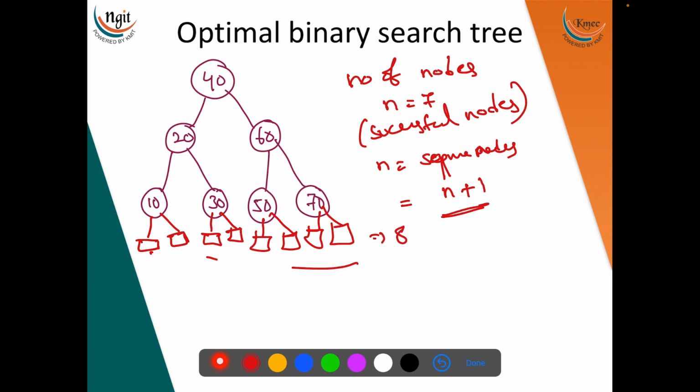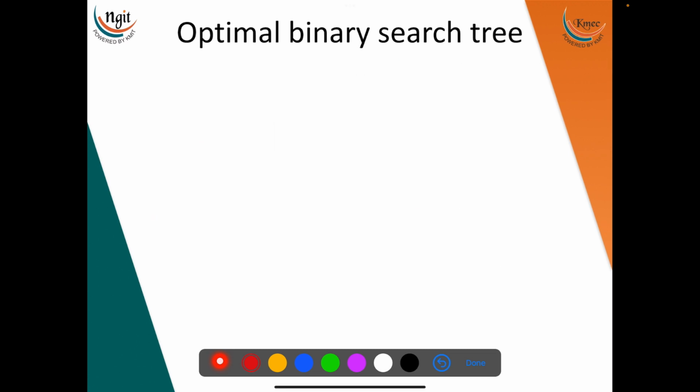Now, from this what we have to understand is successful search, unsuccessful search, successful number of comparisons, unsuccessful number of comparisons. Always it will be n plus 1. You found 10 over here. If you have any element in the next level, that will be here, right? So basically the probability of successful nodes will start with 1, and for unsuccessful we'll start with 0. Right? Now we'll take an example and see how many comparisons we'll take. The maximum number of comparisons gives the cost of the tree. The reason why I'm calculating the maximum number of comparisons is that it is the cost of the tree. So now we'll take